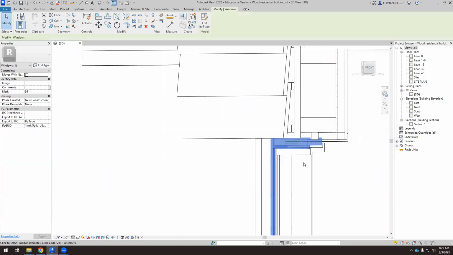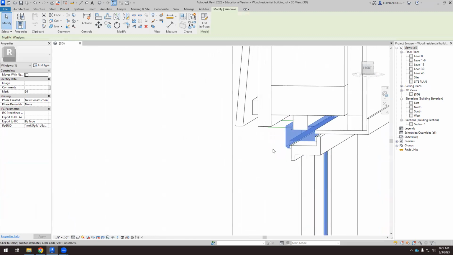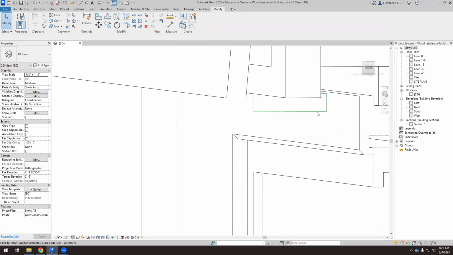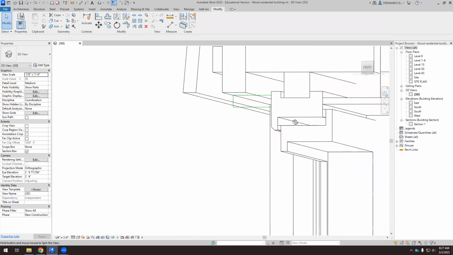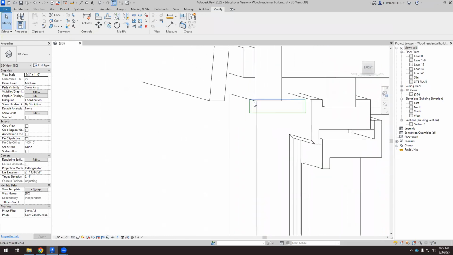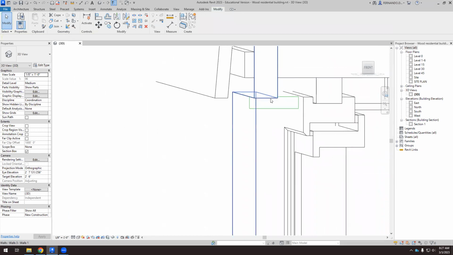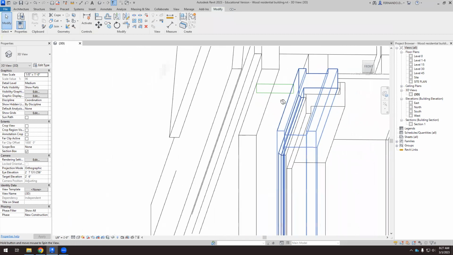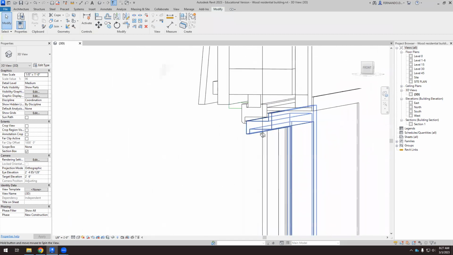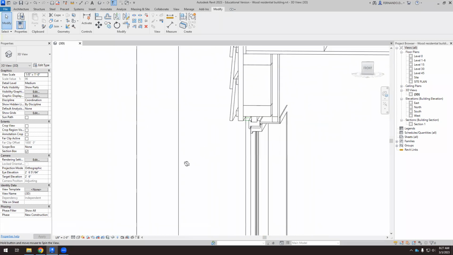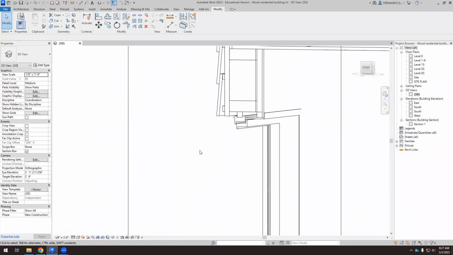Okay, so it's just a rectangle. You see that rectangle here, the green rectangle, because I want to hide, or I want to close this gap that we have here. Okay, so I did it here inside, and now I'm going to do that there. Okay, so once I have the shape,